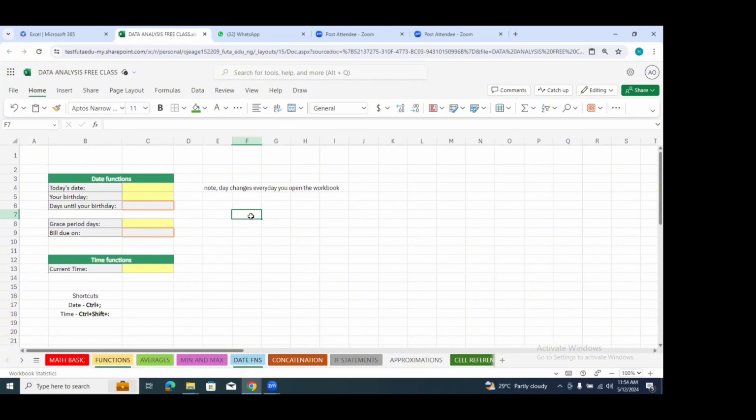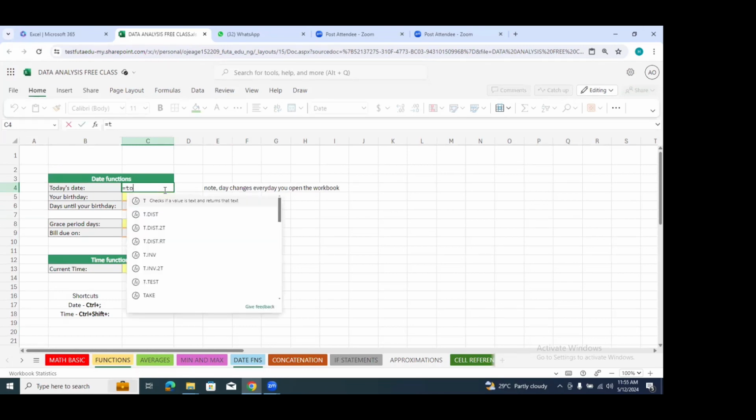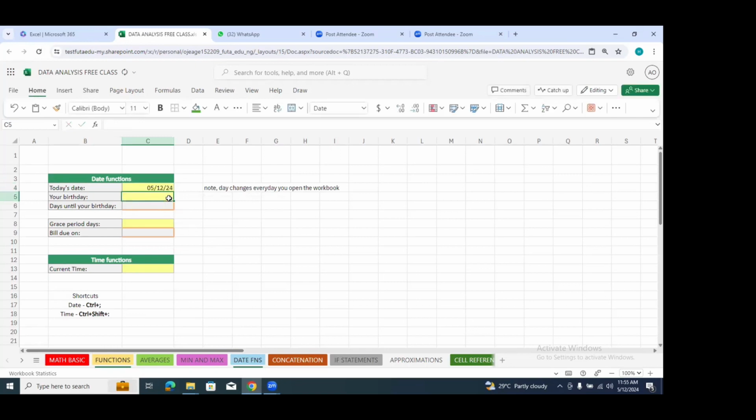Okay. But for the basic functions with dates, here are some basic examples of things we can do. For instance, today's date. You want to get today's date from the Excel worksheet. You simply need to put in your equal sign, like I said, any function or any equation you're writing, you have to start with the equal sign. So for today, once you put in the function TODAY and you enter that, it gives you